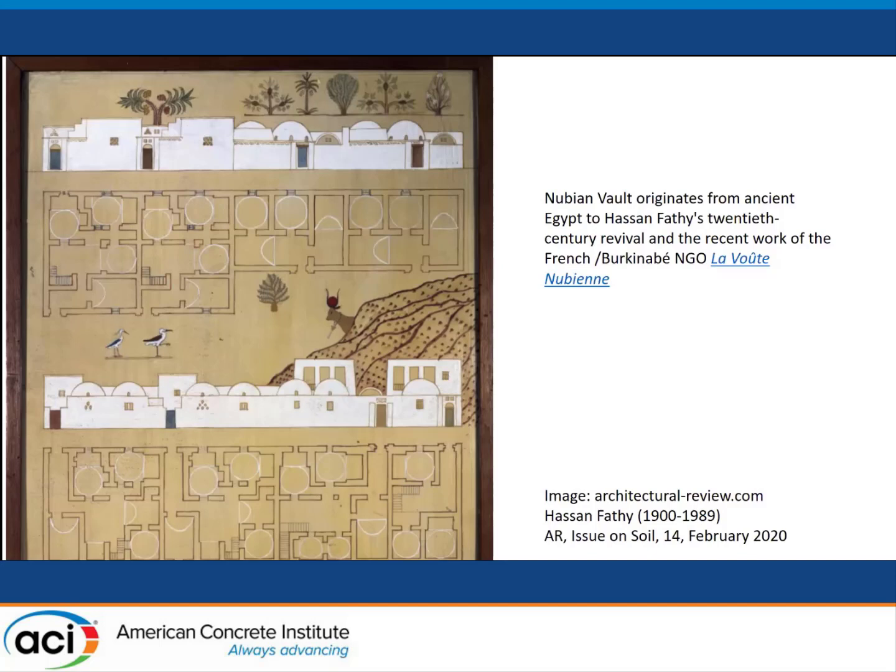And just as a note, Hassan Fathy really revived this in the 20th century after ancient Egypt, and then what's happened in the 21st century especially is looking at the French Burkinabé, Brickinabé, I believe is the pronunciation. But it's an NGO that has actually revived this Nubian Vault structure. Voûte Nubienne, it's a French organization, that's actually started to revive this, and they've revived it for, again, economic reasons within